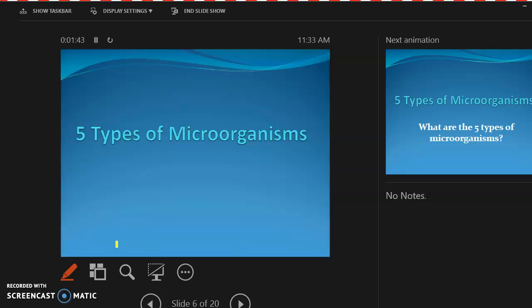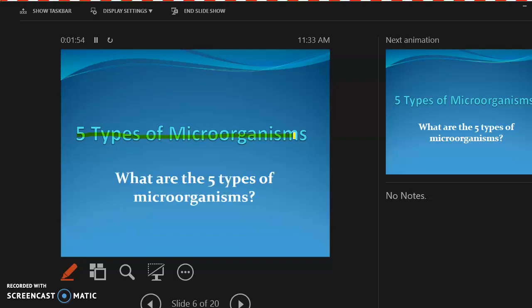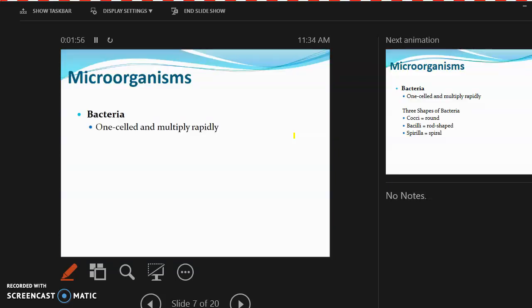So the 5 types of microorganisms, and you're going to label this as 5 types of microorganisms. Okay, so the first one